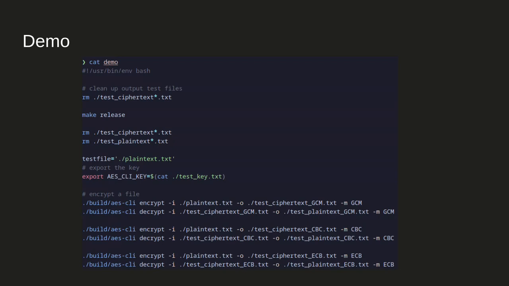For our demo, really quickly, I have already compiled the binary just for the sake of a speedy demonstration, but we are going to remove all the test files if they exist. We're going to build the binary in release, and we are going to encrypt a plaintext file which contains hello world, and then the output would be test ciphertext underscore mode. The -M over here specifies the mode that we're using, and that applies to all three: GCM, CBC, and ECB. So going to the demo,